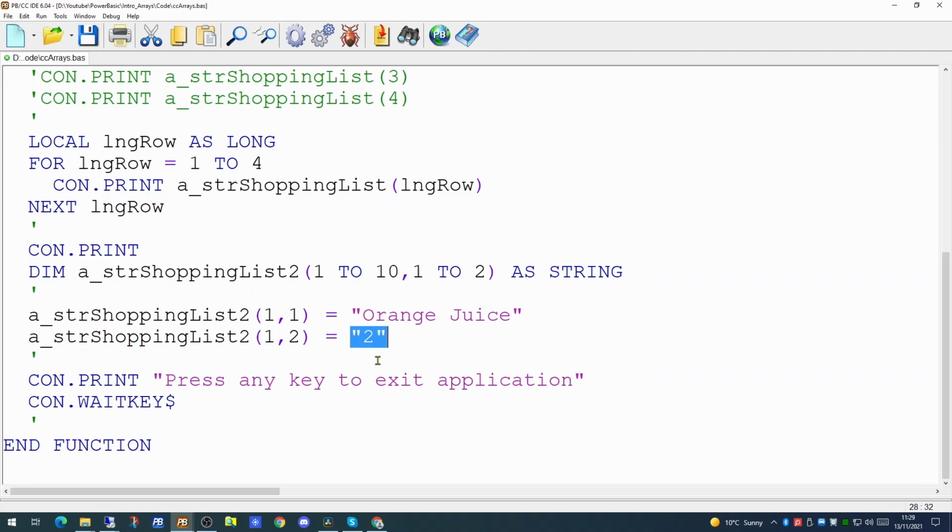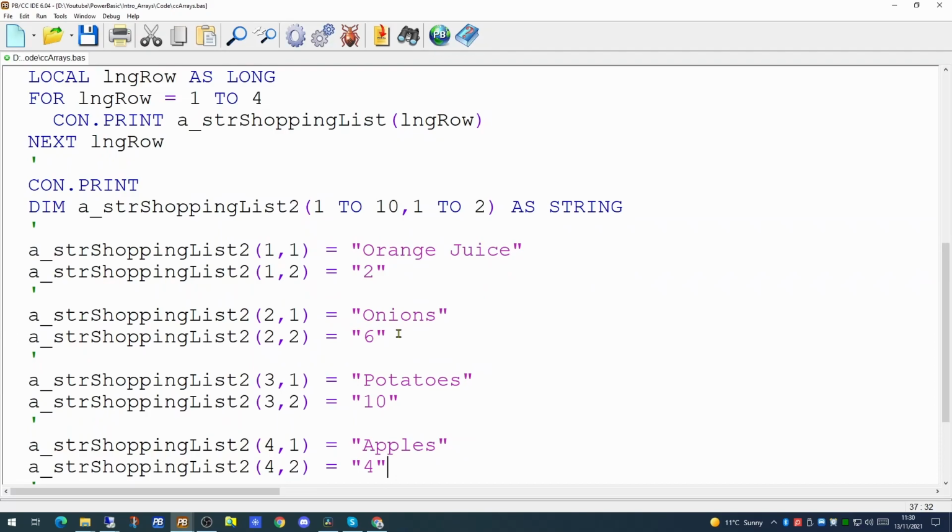In the arrays that we're using at the moment, the entire array will either be a string or one of the numeric types. String arrays are very useful for handling lists of text. Numeric arrays are very useful for handling lists of numbers. So for the purposes of what we're doing at the moment, we'll just continue to use a string array.